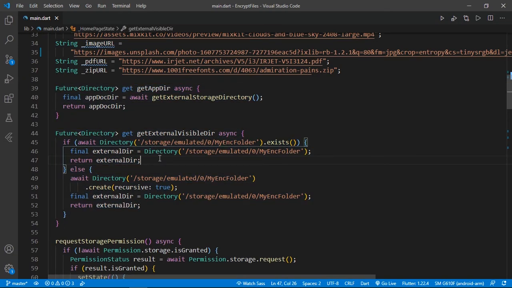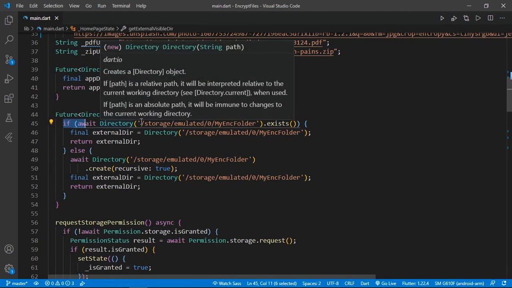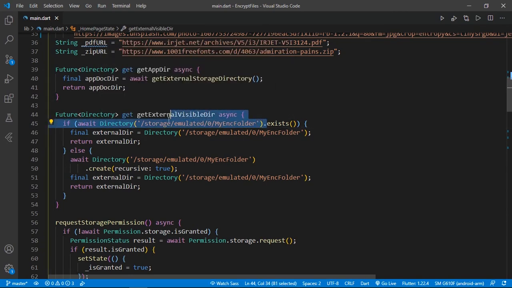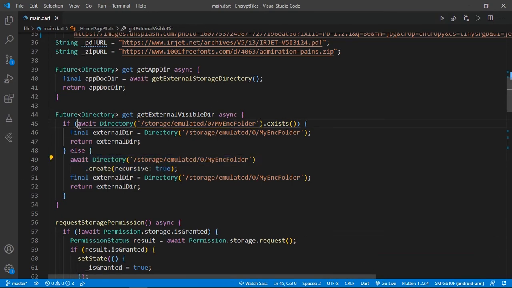Before, in the demo, I showed you that it will create one folder, my ink. How is that done? Here you can see both are async methods. Here we check if await directory exists, meaning our my ink folder exists in our external storage directory. If yes, then it will just get that path and return it as an external directory.